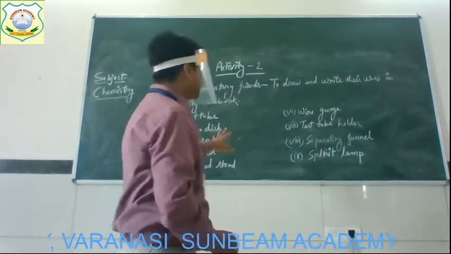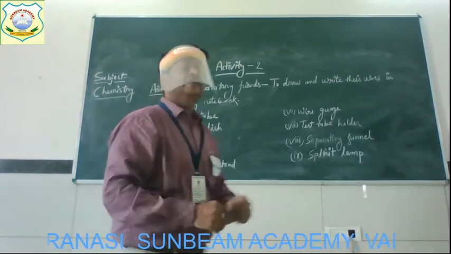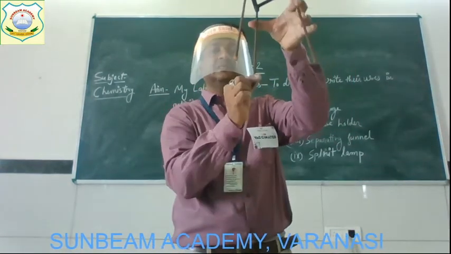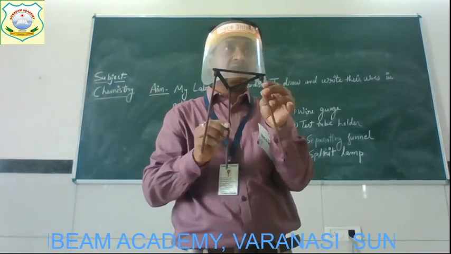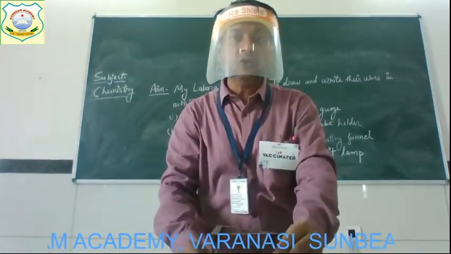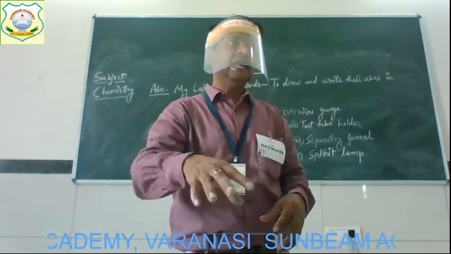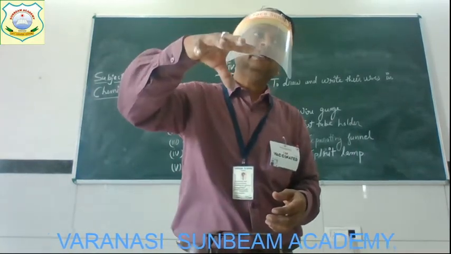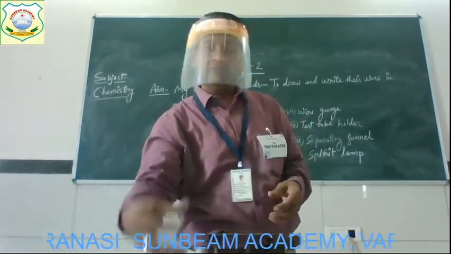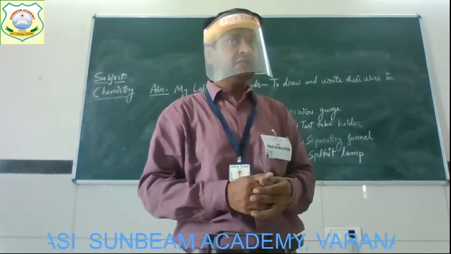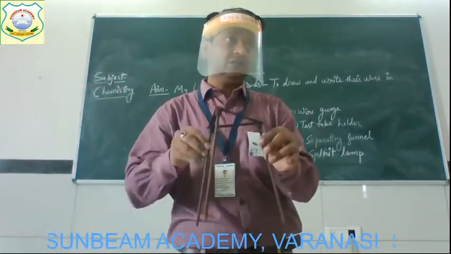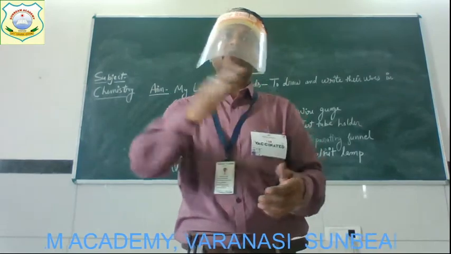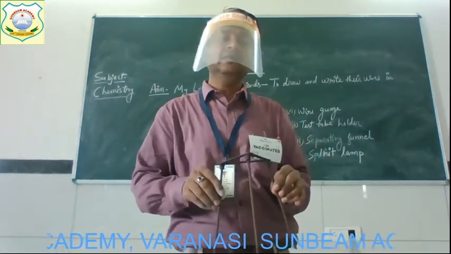Now the next friend is the tripod stand. A tripod stand is what? Actually a stand which has three legs. That is why it is known as a tripod stand. Get it? And this stand is used to keep substances on it at the time of heating. Suppose we want to heat our beaker, where will we place it? Above the tripod stand, and we can put our burner below it. At the time of filtration, we will use it to keep our funnel above it and the beaker below it. So for different purposes, this tripod stand is used in the lab.